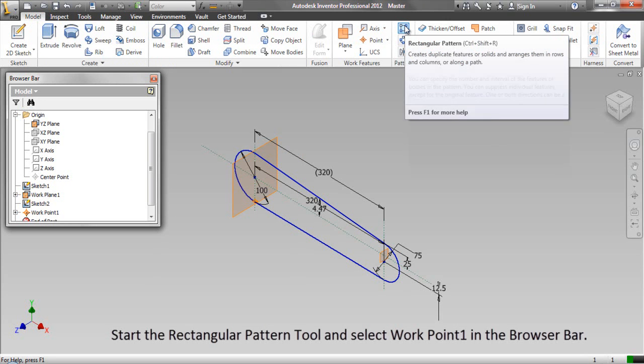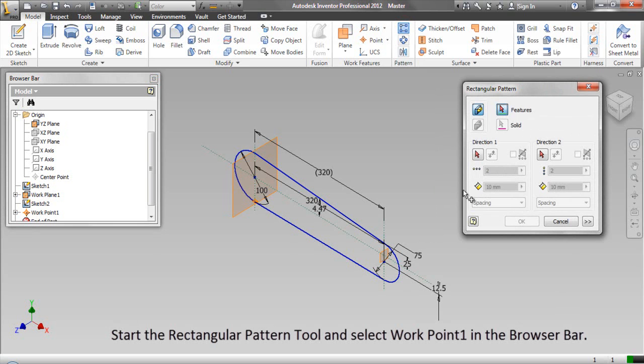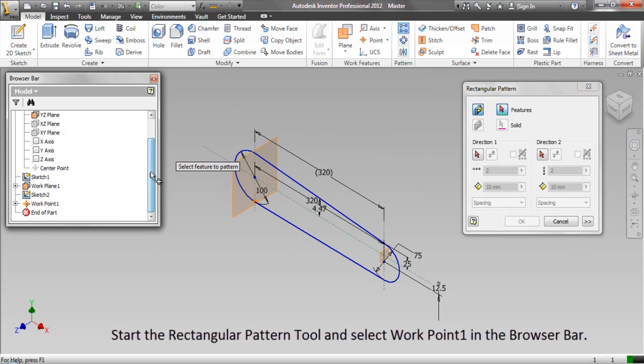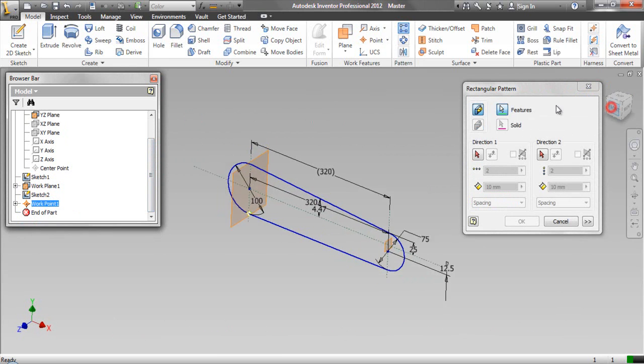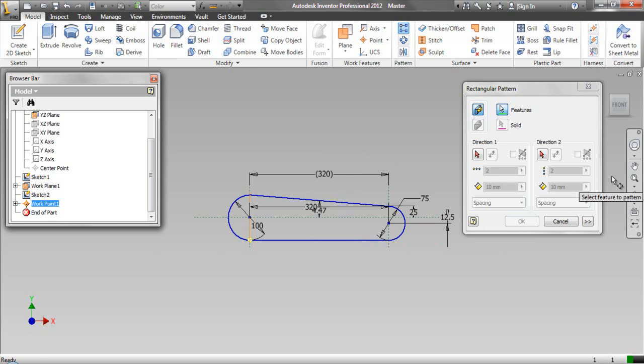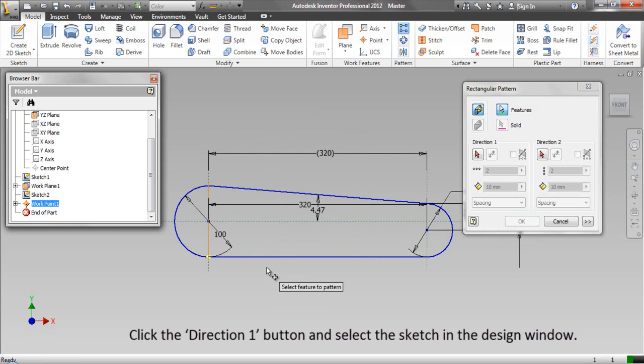Start the Rectangular Pattern tool and select Work Point 1 in the browser bar. Click the Direction 1 button and select the sketch in the design window.